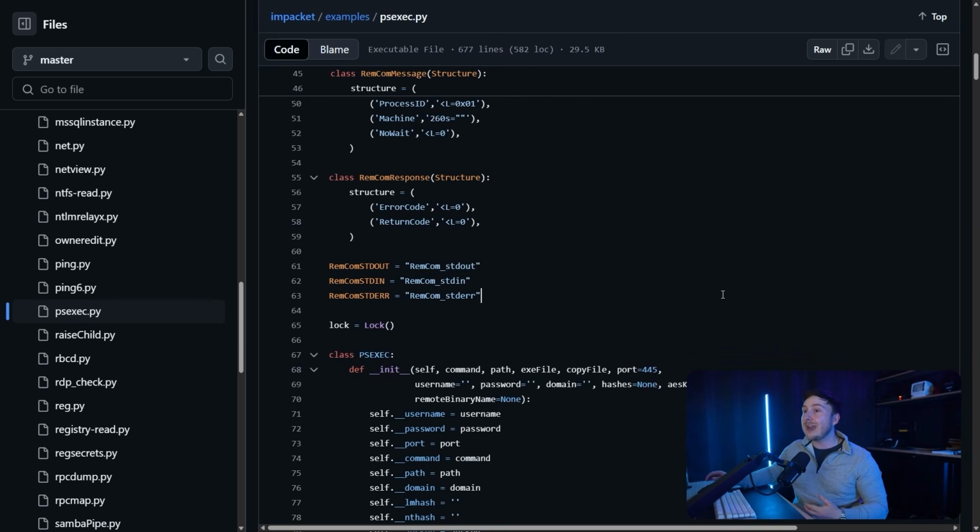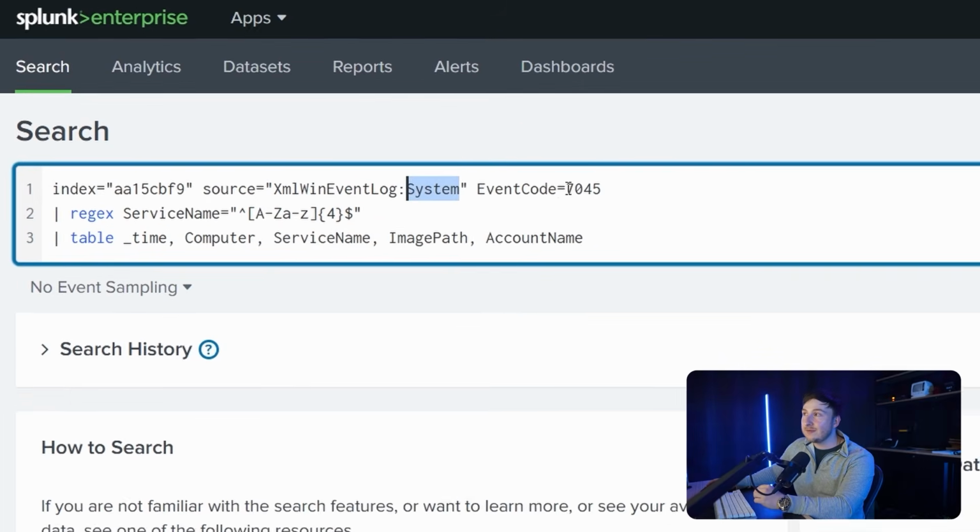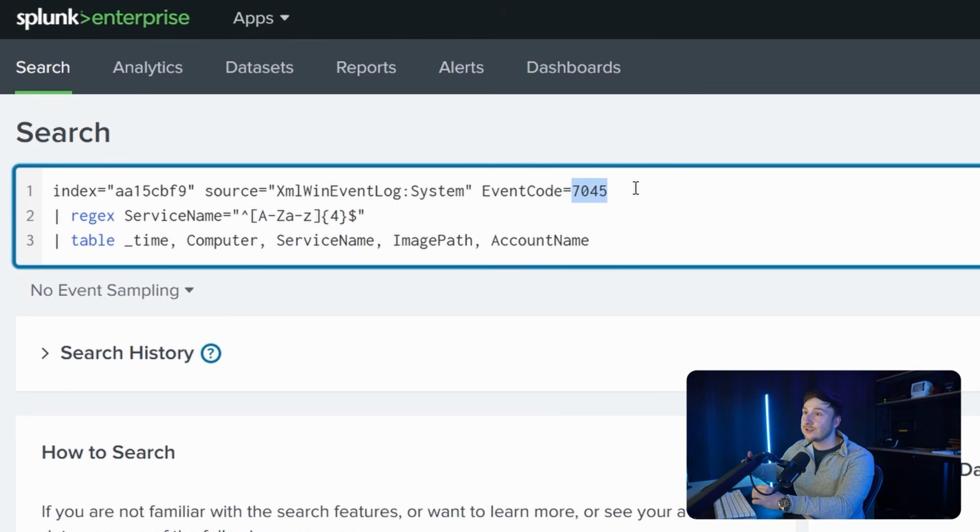And so all we need to do now is just write the regex, right? We can write one pattern for those 4-letter service name strings, and we can write another pattern for those 8-character service binary names. For example, if I were to search for the system event code of 7045, for those service creation events, but I also want to catch those suspicious 4-letter service names, well, I can use